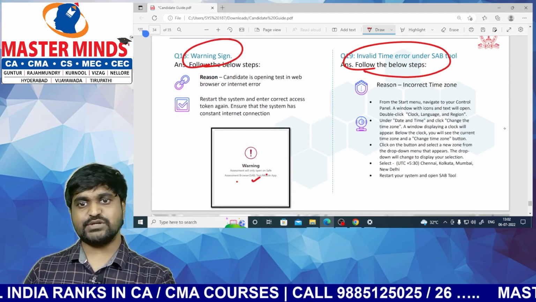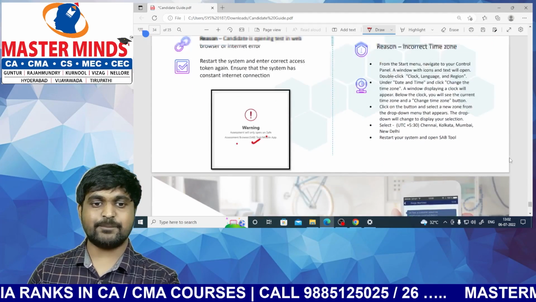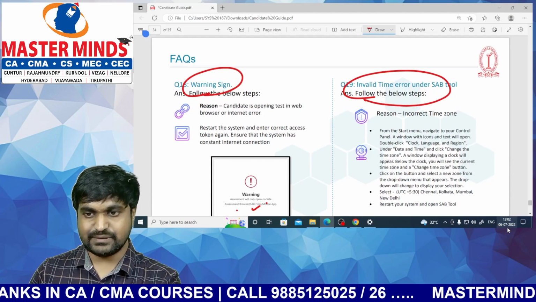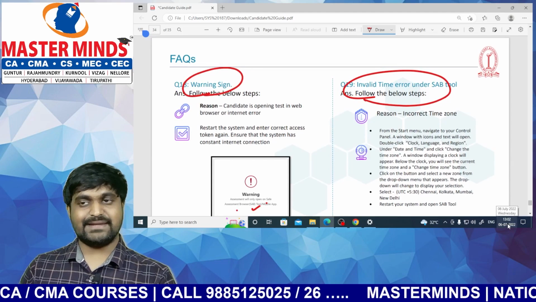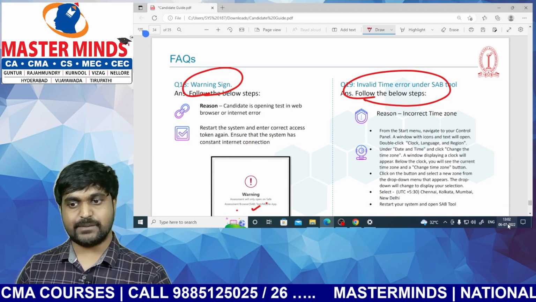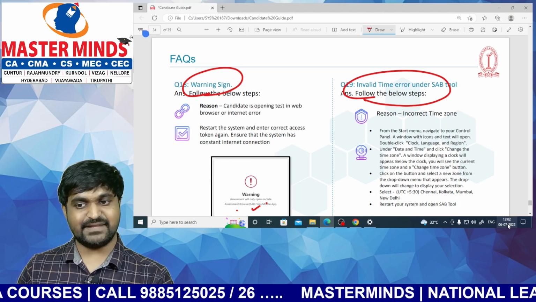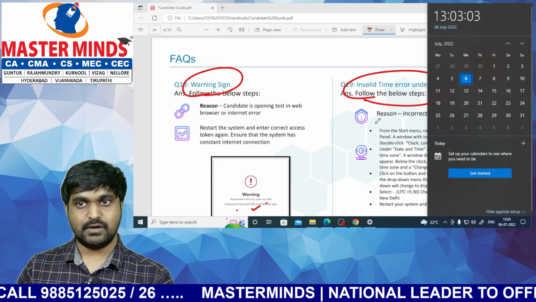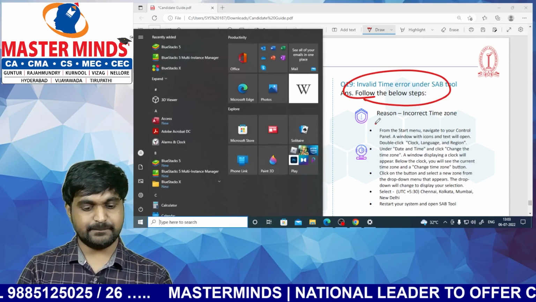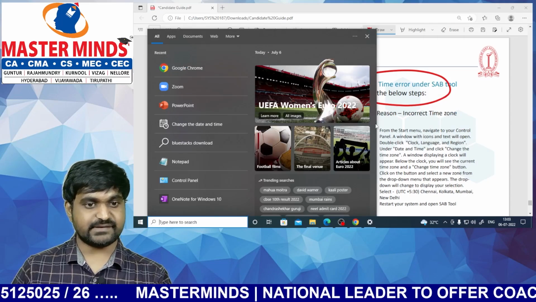So first of all, you need to set a proper time zone. So what is the proper time zone? So click on here. So at the end of right bottom, you can see time as well as date. So click on that. Or you may go for Windows button and go for settings.